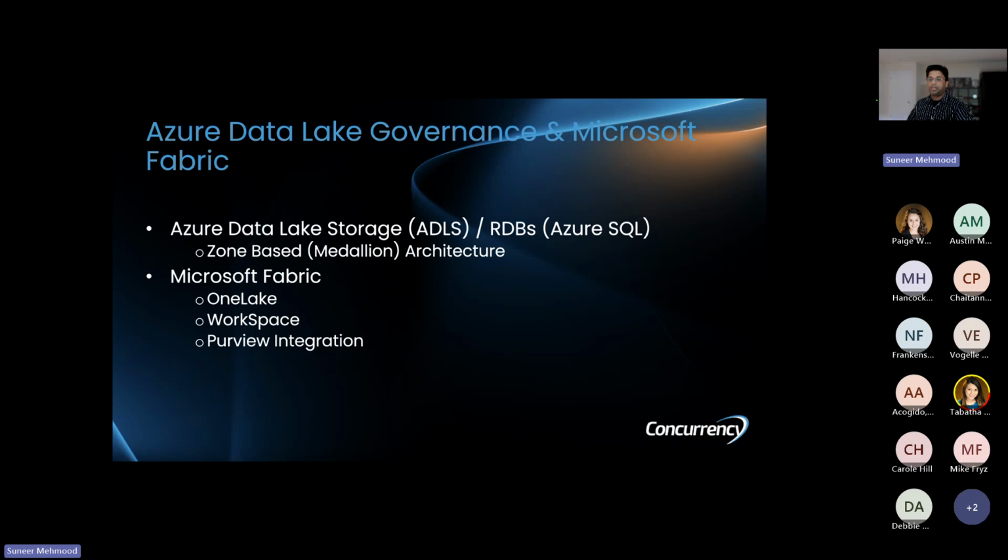But with Fabric, data governance is not an afterthought, right? The data governance approach gets baked into Fabric. Fabric comes with the concept of OneLake. What that means is everything that you have within your data estate is present in your OneLake. So you don't have to go to a different service to access that. You have data that is stored in your relational database. It is there in OneLake. You have data that is stored as files. It is there in OneLake.